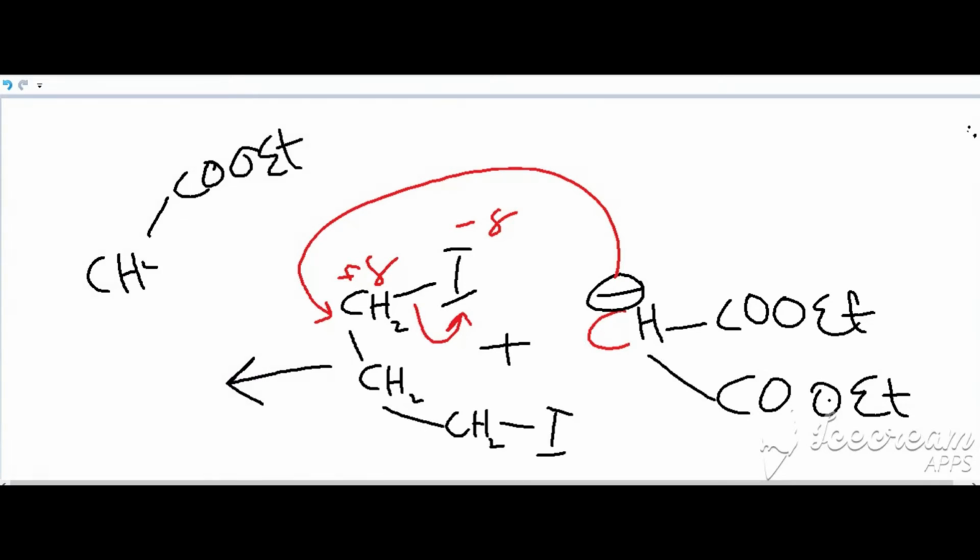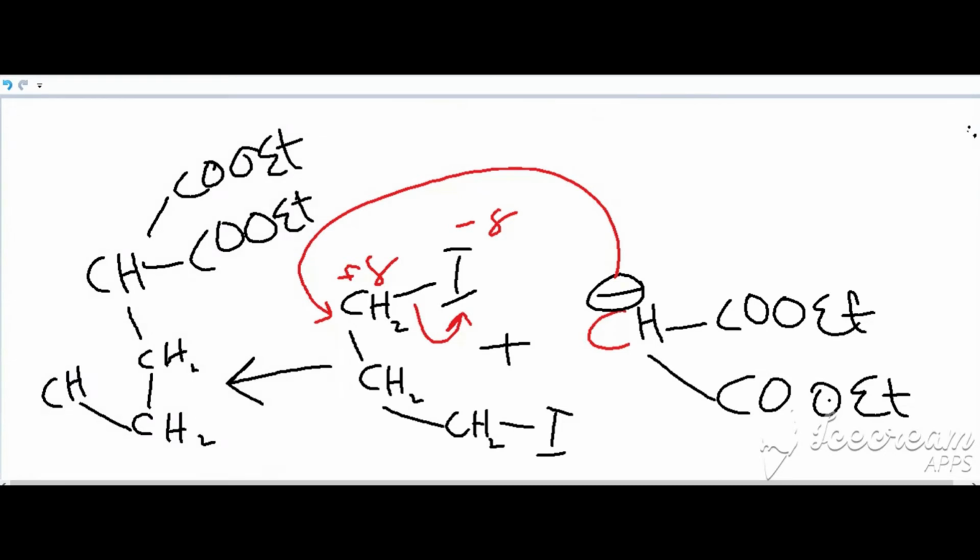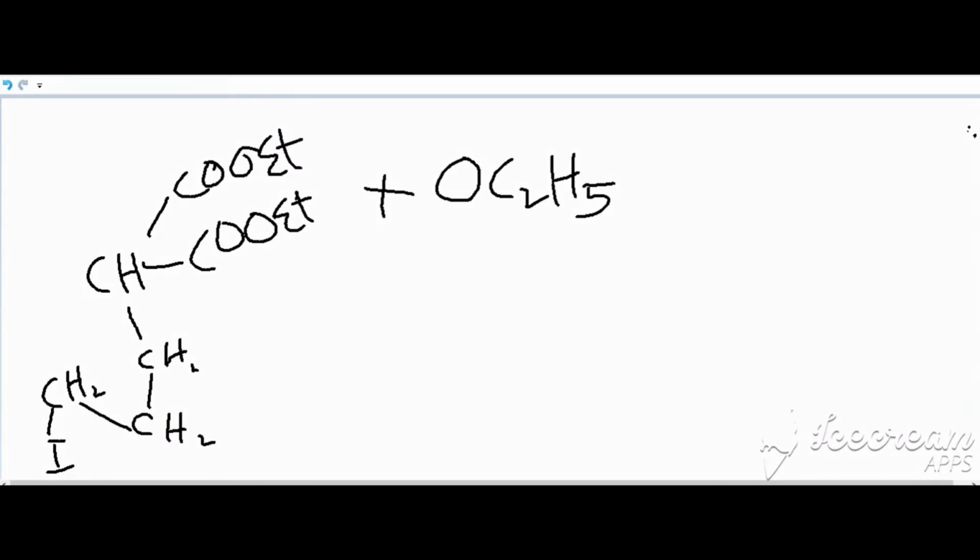The COOEt ester, the second ester, and here is attached diiodo, and that will remove this hydrogen, this proton,